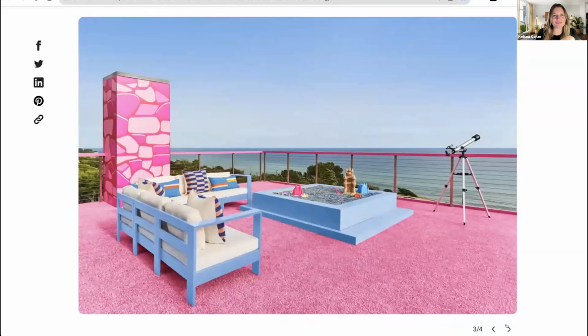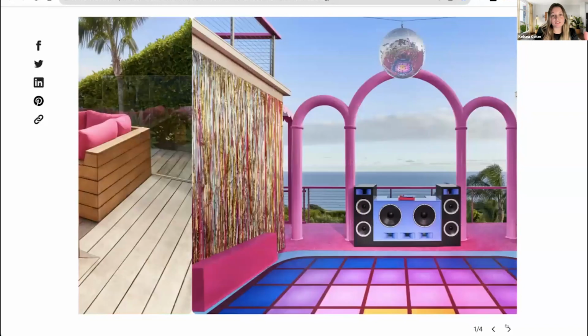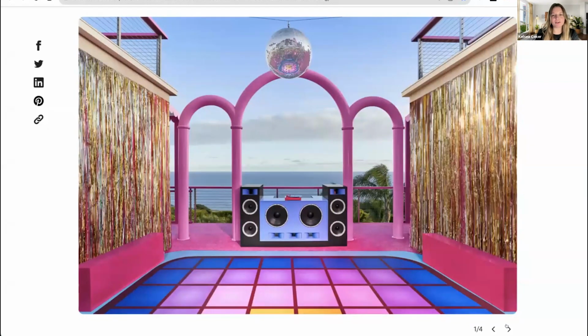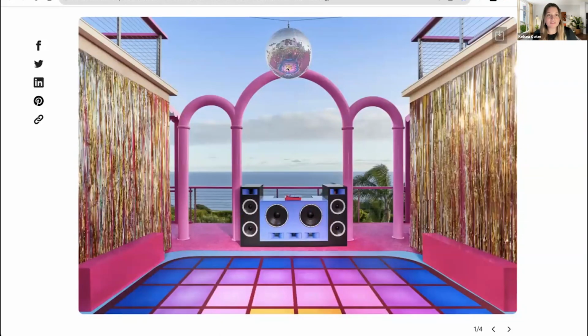And so when we cycle through, you can see the animations are pretty quick. So it's a nicely built carousel, but there are definitely some ways that we can elevate this if we were making this. Some things you could do, you could add other objects to it, like a pair of roller skates sliding across the dance floor, or maybe the disco ball spinning, bring in another object to have that spin, music